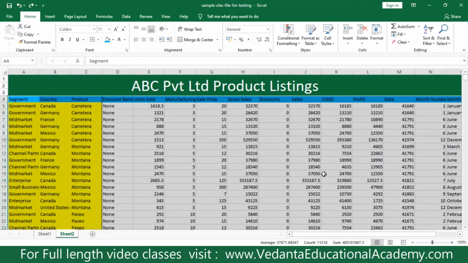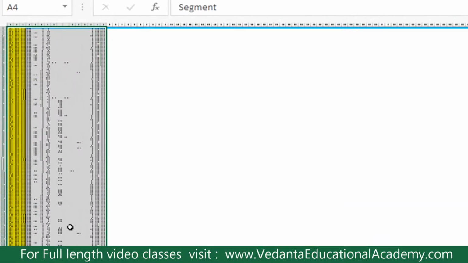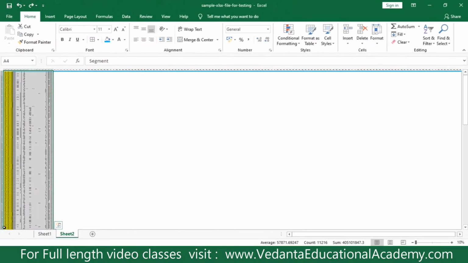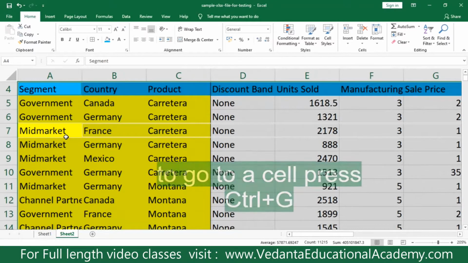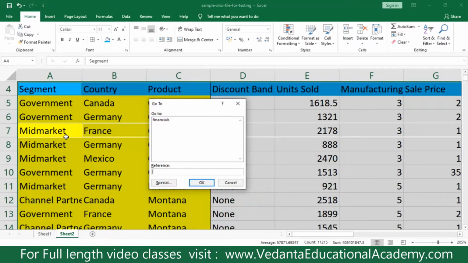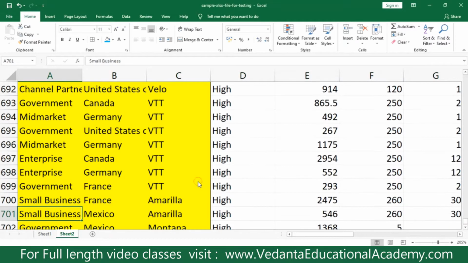Before that, see here, I have data which has around, I'll just press Control plus G and go to A701.